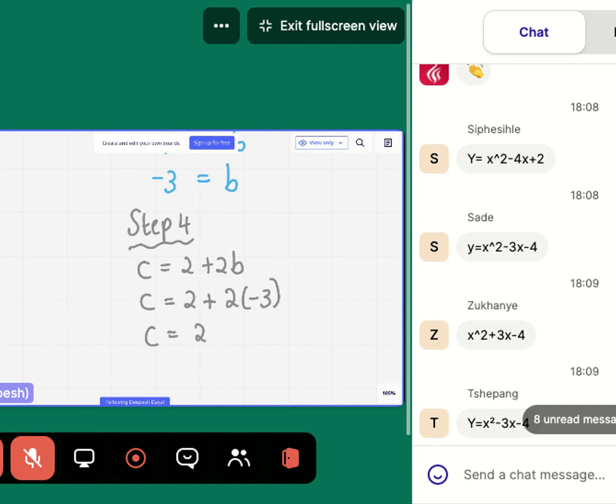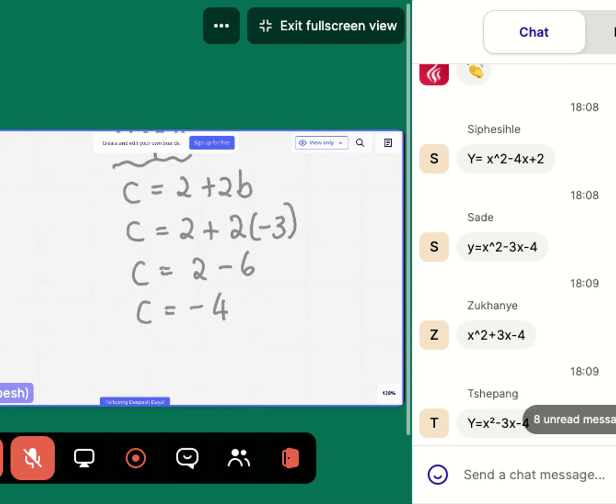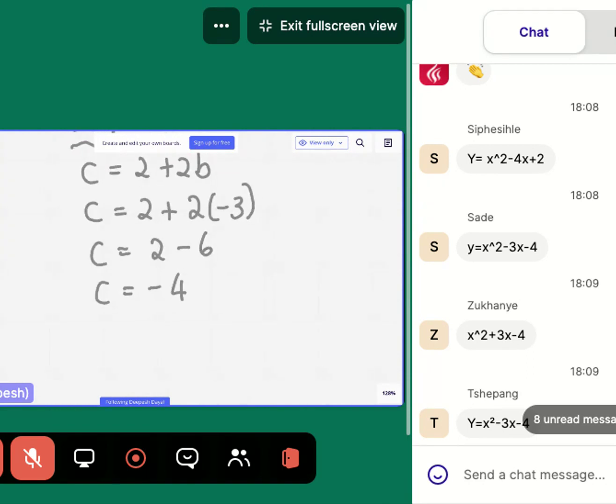So c equals 2 minus 6, which is minus 4. Okay, so that was c. Let's put it in the middle here. And finally, we have our equation, which is y equals 3x